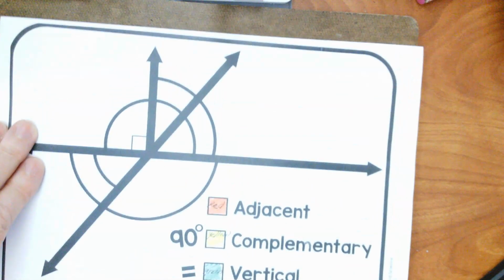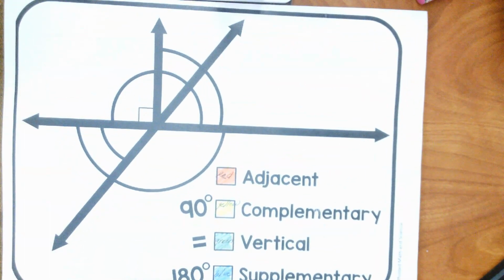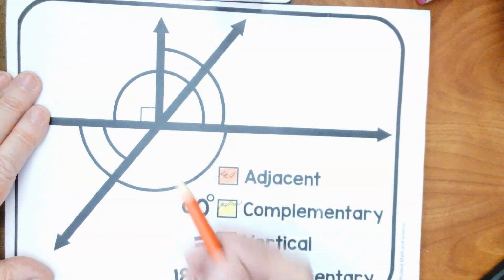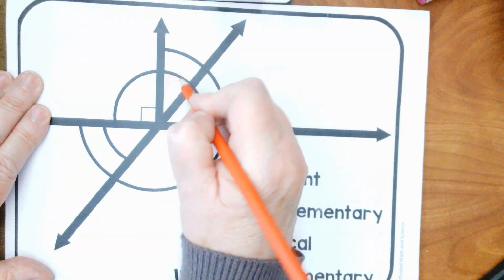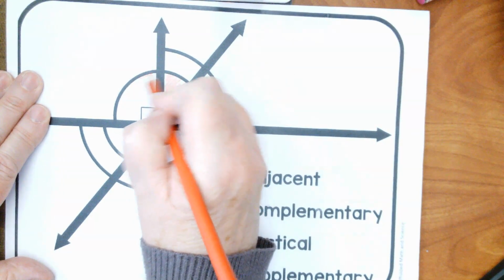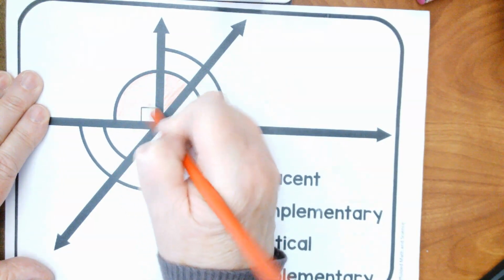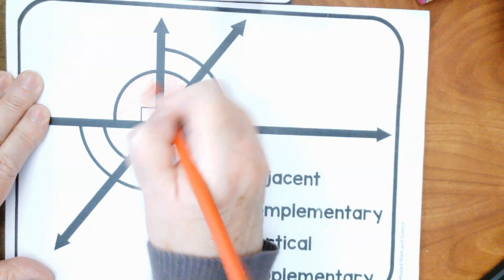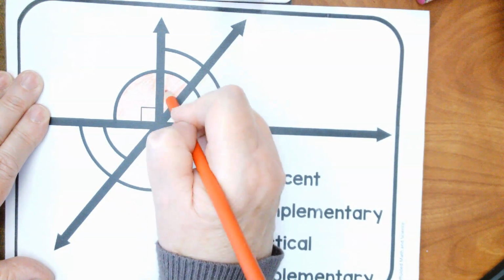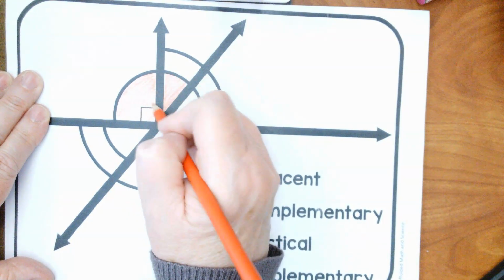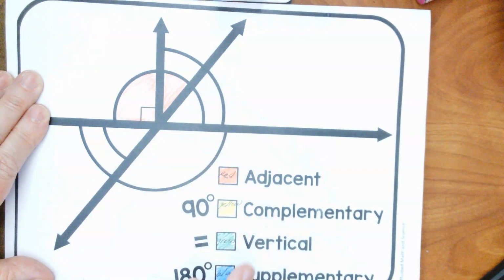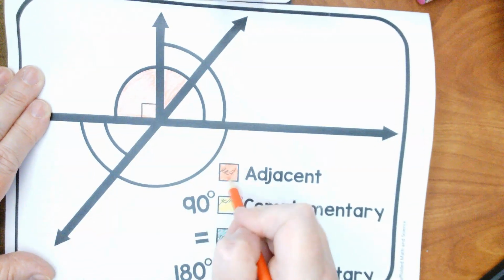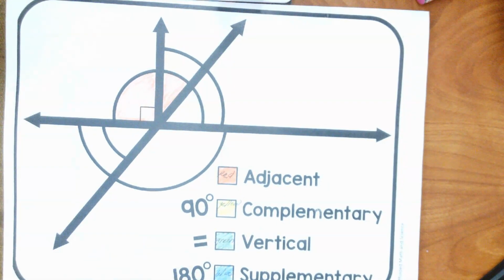Okay, so now we're going to color them in. The adjacent angles are red, and they are these two. And then you can color in the box red. Okay. And then the next one is the 90-degree complementary